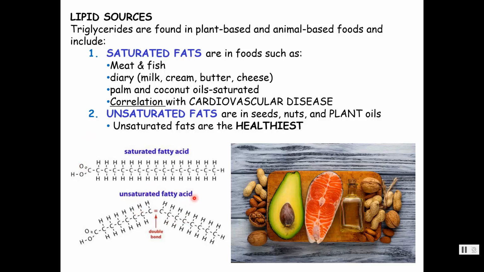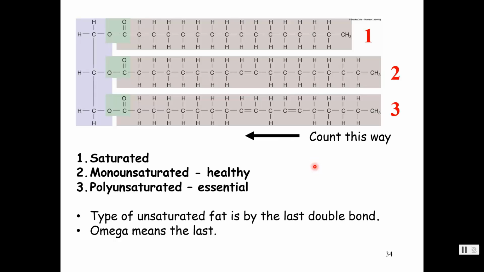Unsaturated fats, meaning they're not saturated with hydrogens, they could accept more hydrogens, and they have double bonds on their fatty acids. Okay, so you've probably heard of omega-3s and omega-6s, and so those are our essential fats. And how you come up with that naming. So this is a triglyceride, so the backbone of a triglyceride is a glycerol molecule. This first fat up here at the top is a saturated fat. Notice it has no double bonds in it.